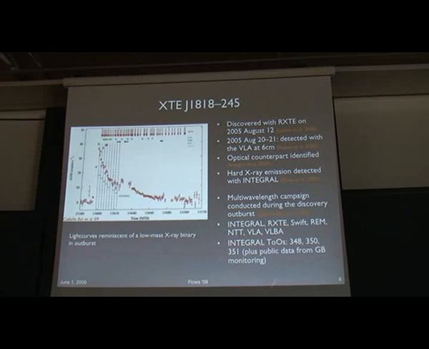This is work done by Marion Cadolle Bel primarily, and this is a classic example of an X-ray nova outburst, where the source is basically off, and then in the soft X-rays, the red ASM curve, it suddenly goes into an outburst and then there's this decay. The vertical lines delineate some INTEGRAL revolutions, and we triggered some ToO observations during 3 of the INTEGRAL revolutions, and the rest of the INTEGRAL data is from public Galactic bulge monitoring.